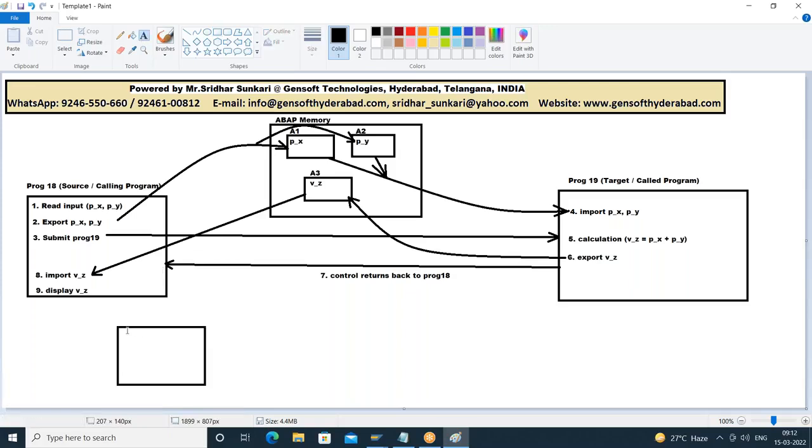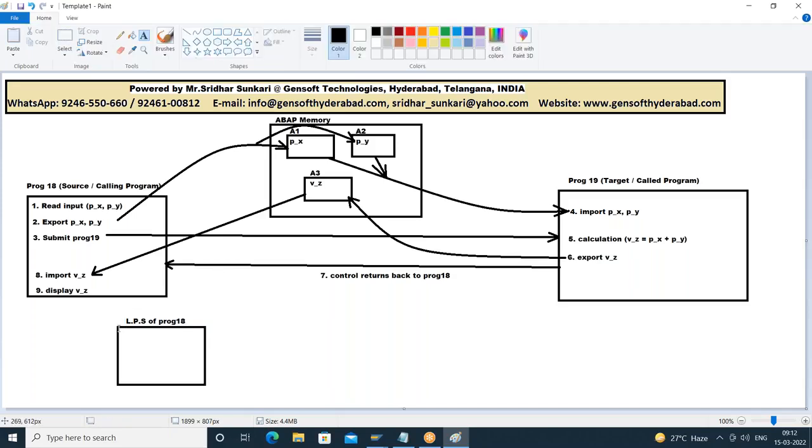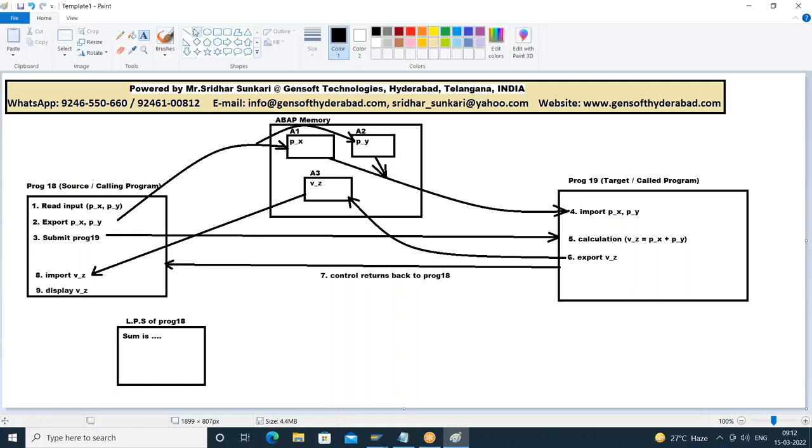So this is the output screen of my calling program, program 18. It would display that particular result. Sum is so on. Whatever the result is there, that sum result would be displayed. So the display statement will execute this. What I'm trying to show here is program 18 is only responsible for reading and displaying. Actual calculation we are doing in